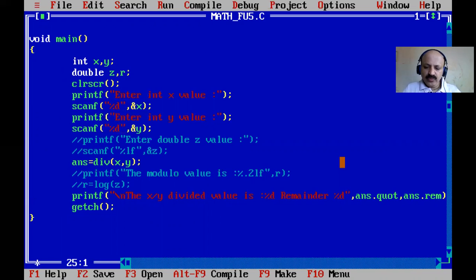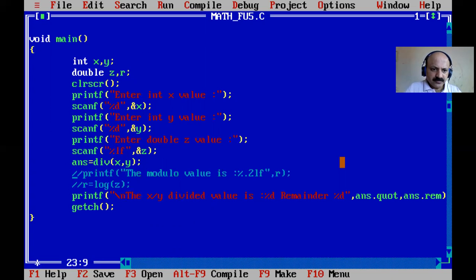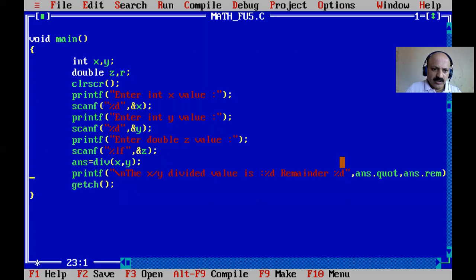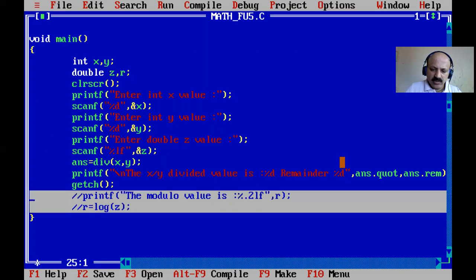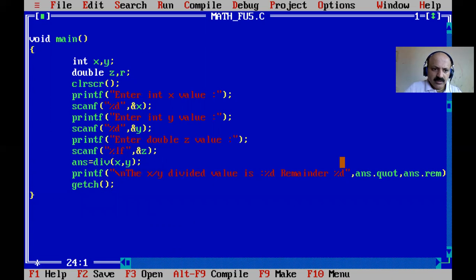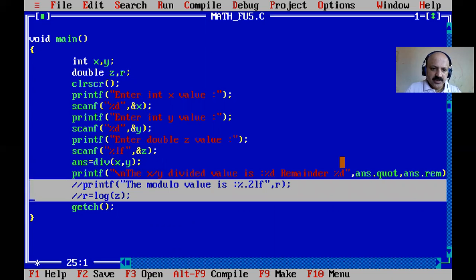Okay, and now we come to our last function, and that is a double. Now I open this comment line, and here we pass all of this next, not before the getch.